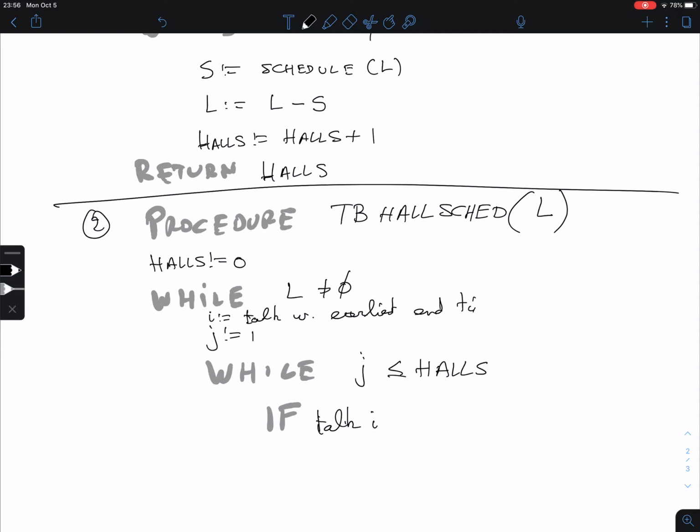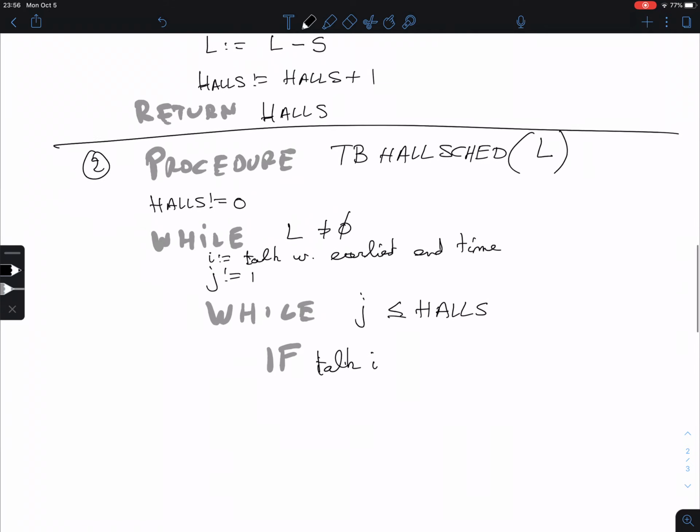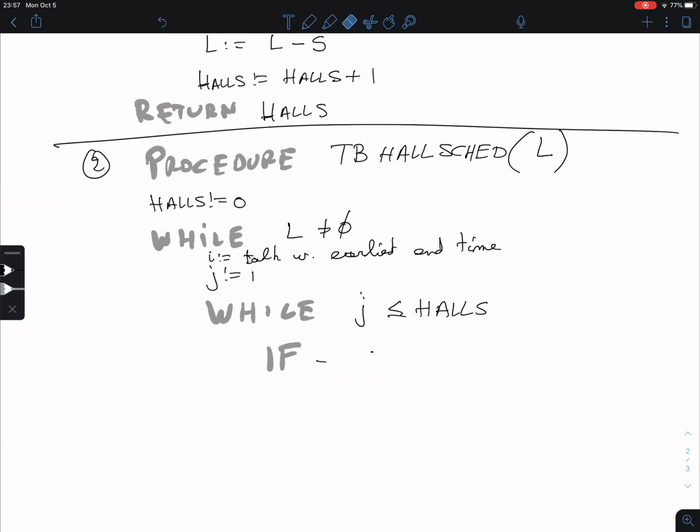And that talk I'm going to try to schedule, sorry, I should have said that, in one of the halls that I have already, and if not, then I make a new hall. So while I'm going to the hall, J will walk to the halls. You can think of it really, right? I'm going to look at each hall and say, do I still have space? So if talk I, so we don't know that's a talk. So if I